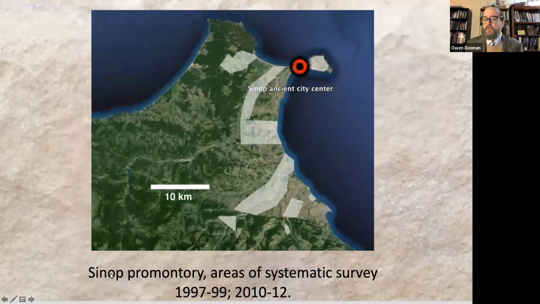Now, the excavations that we're carrying out at Sinope are actually part of a regional research structure. So we don't think of the excavations as the only subject of our work. In fact, the excavations are embedded in a research design, which is a regional one. Over numerous seasons, we conducted systematic surveys in the highlighted parts of the Sinope promontory, and we recorded some 400